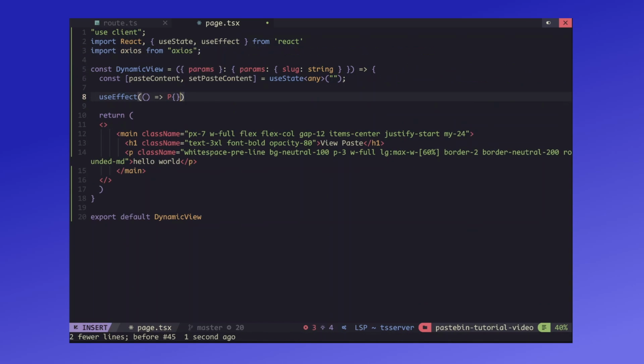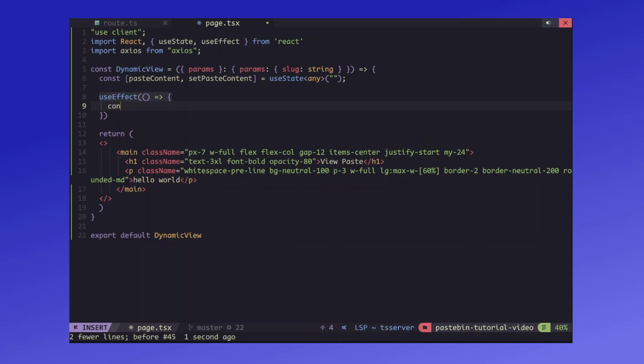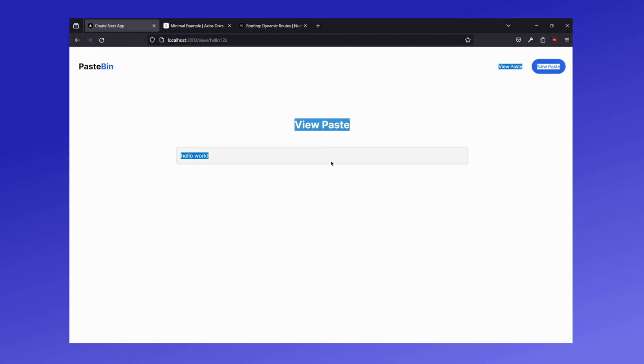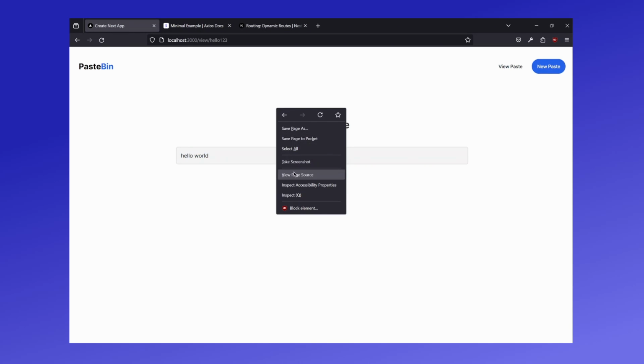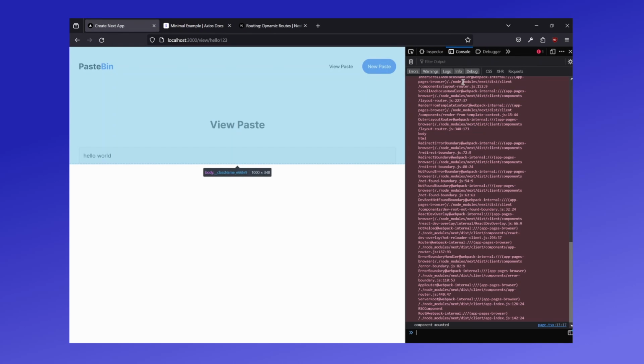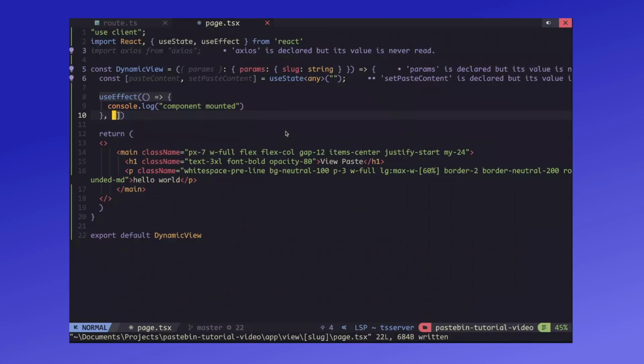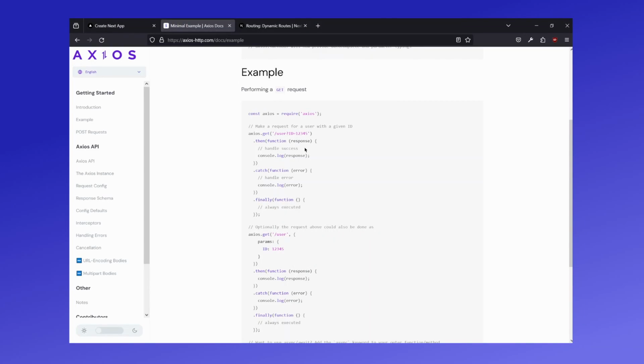and I'm just gonna do console.log component mounted, just like this for now. So when I open up my console, we can see component mounted. Now what I want to do next is I have some Axios documentation for like a GET request,